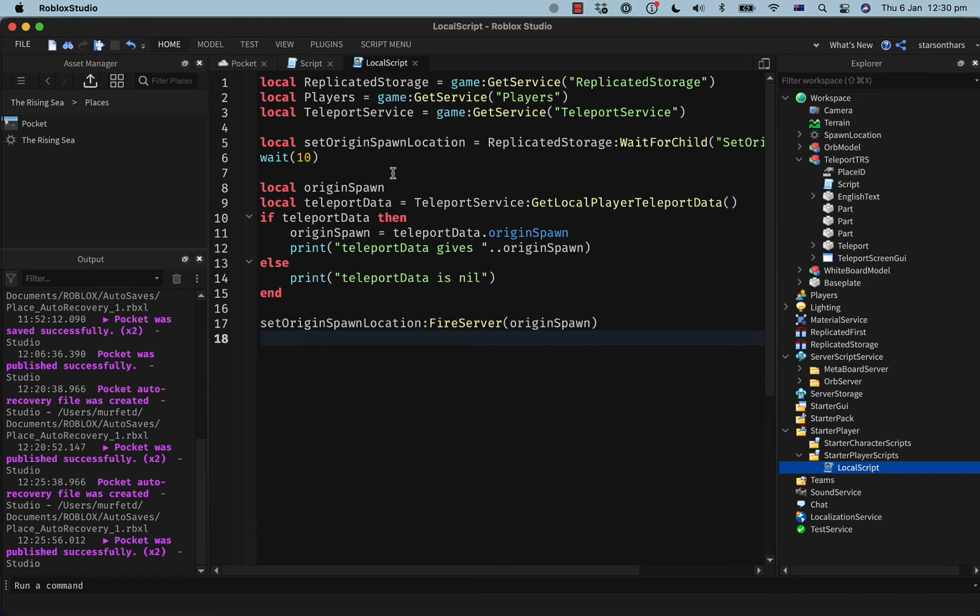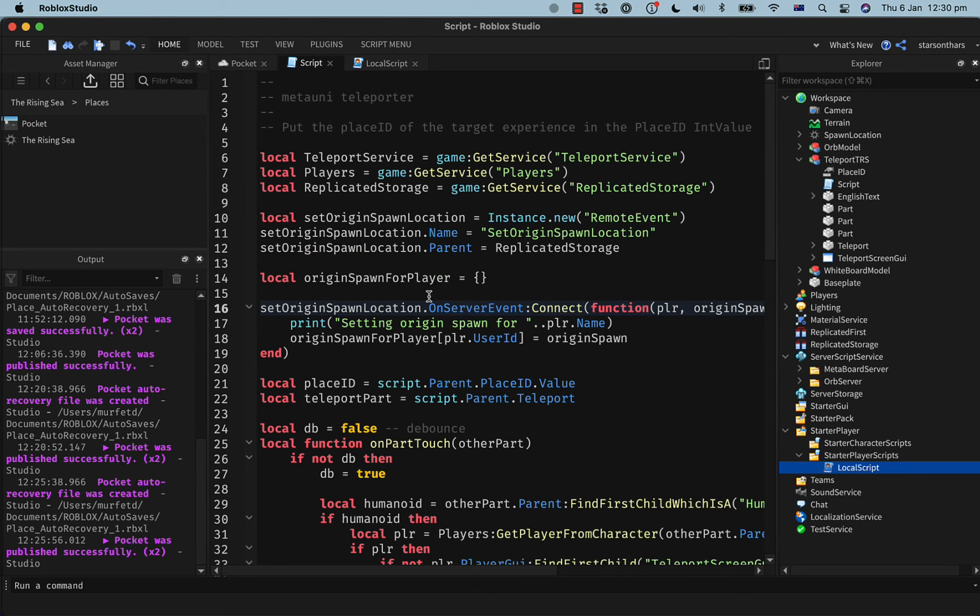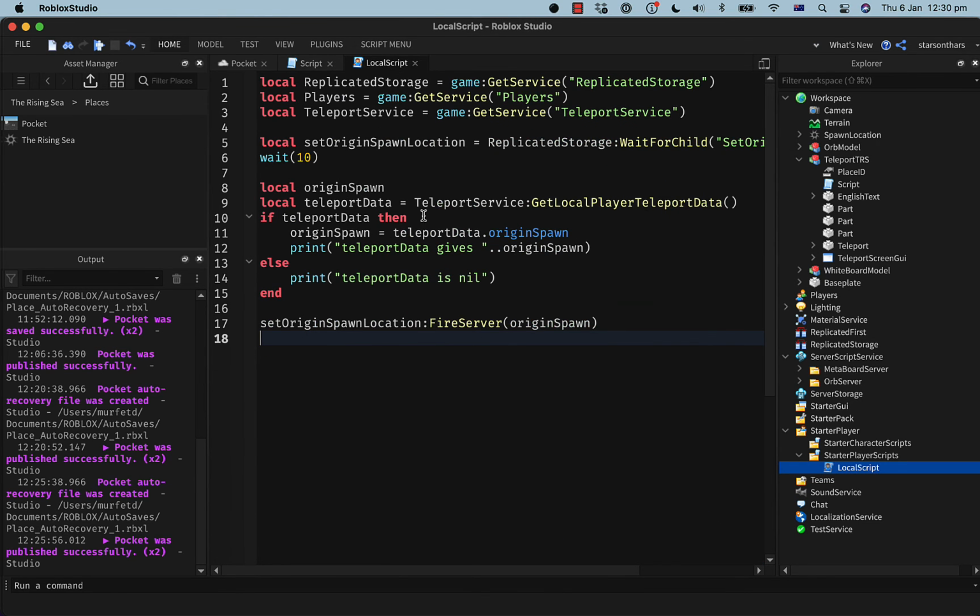In principle, it should be able to tell the server via this remote event what the origin spawn was, and then the server was going to store it in a dictionary here. But yeah, it doesn't. Maybe I'm doing something dumb.